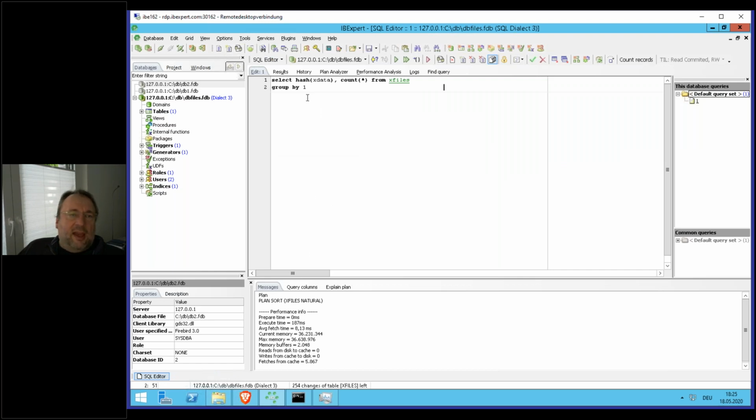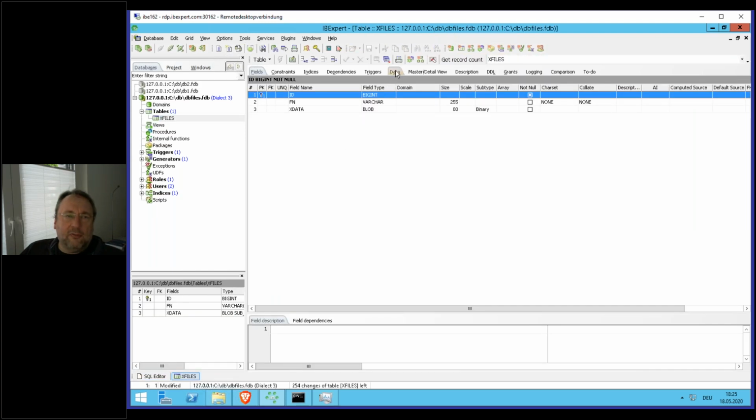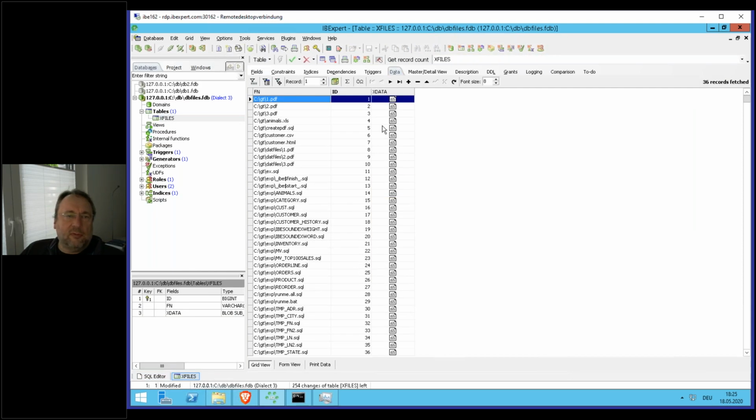So let's have a look at the next step, what we are working on. So we have already a lot of files in that database. We have, for example, the possibility to store. Also, if you like, you can also store the hash content inside the database file, so you do not have to